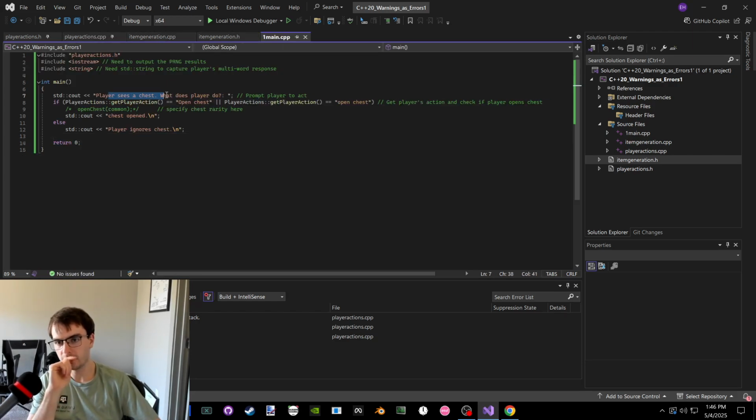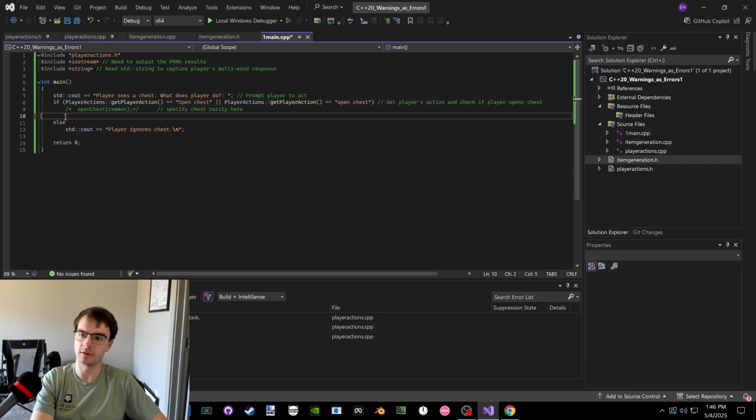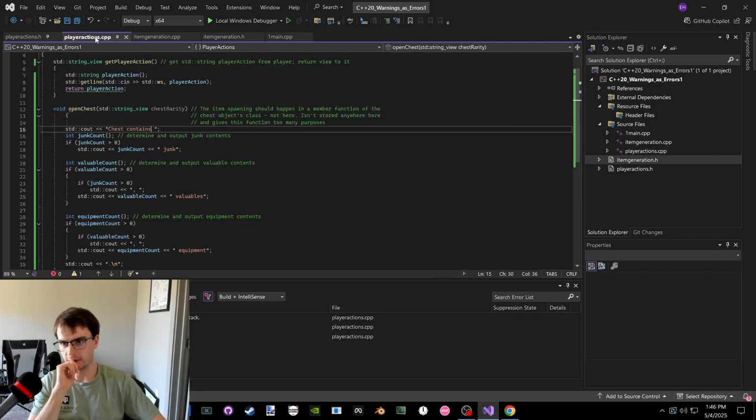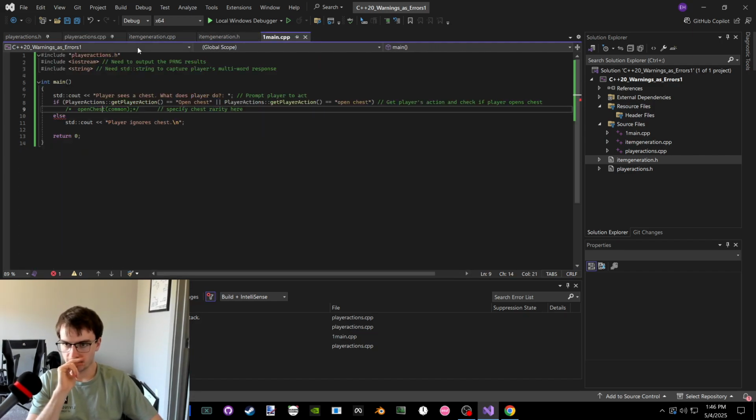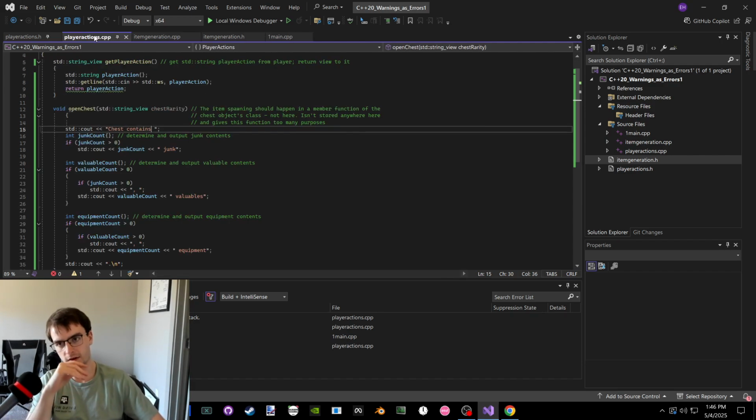Player sees a chest. What does the player do? Okay, you open the chest. Chest open, this is just a test. We don't need this anymore. We open the chest, and the chest has some sort of rarity. The chest would be created before, and then we would just be passing it here instead of even putting in a constant random. Okay, saying chest contains